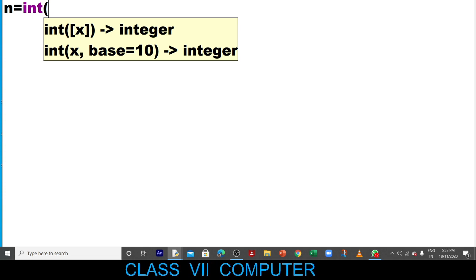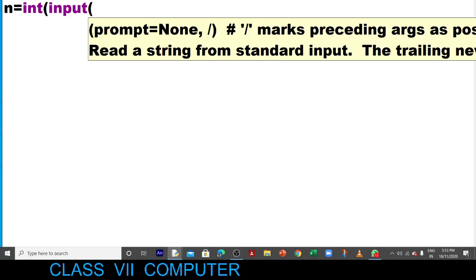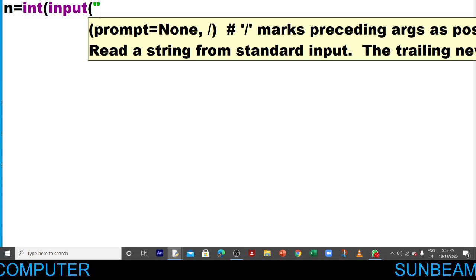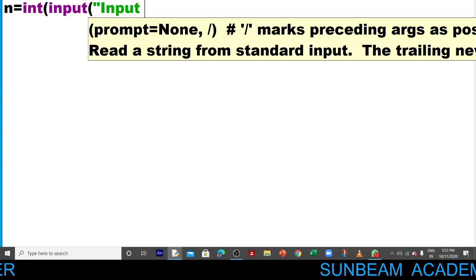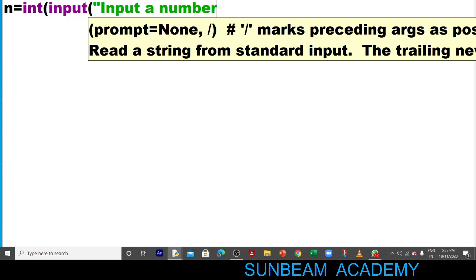So int, take input command, because you are taking input from the user. In that input, give a message: input a number